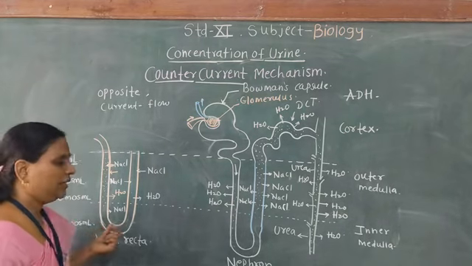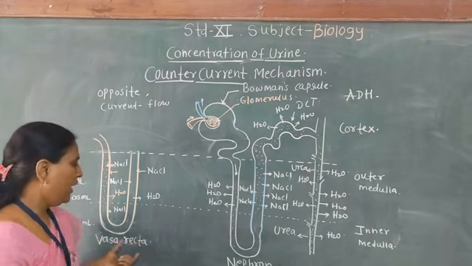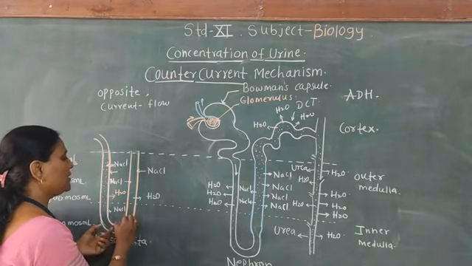So the osmolarity, that is the concentration of blood, increases up to 1200, and then the blood passes through the